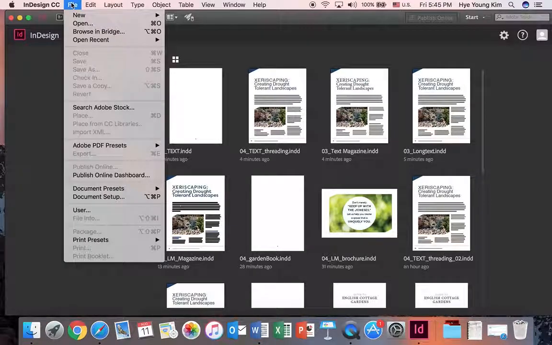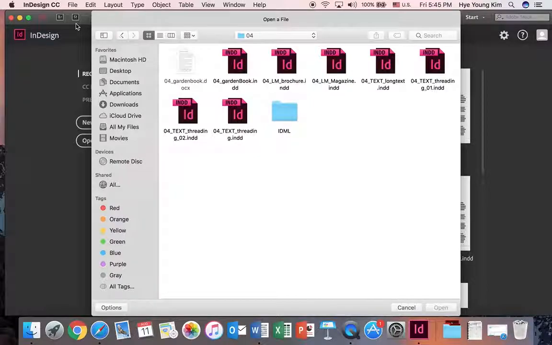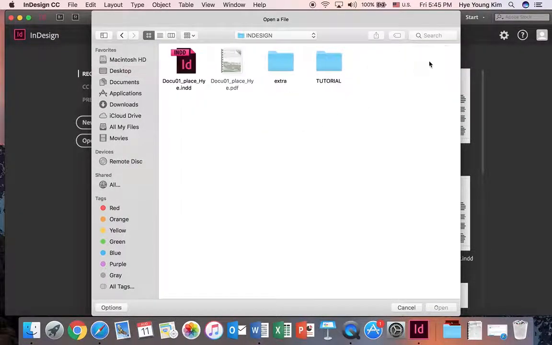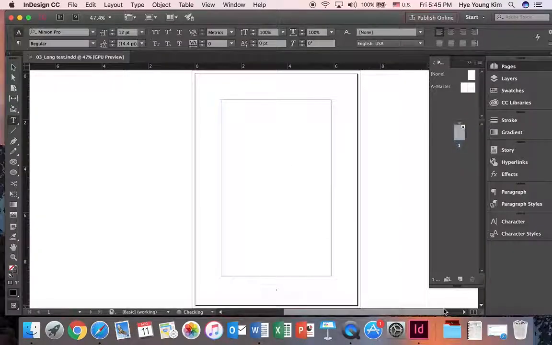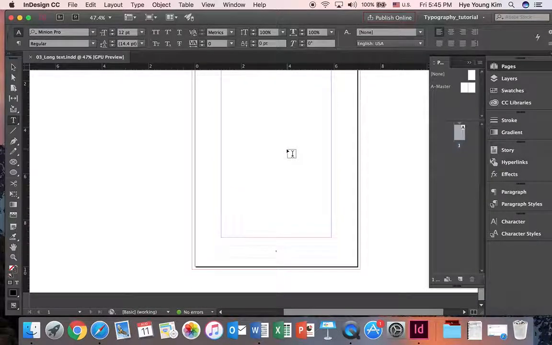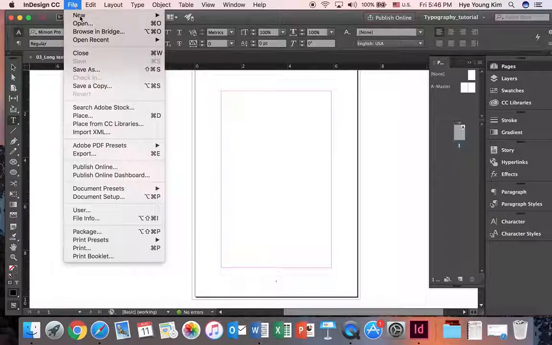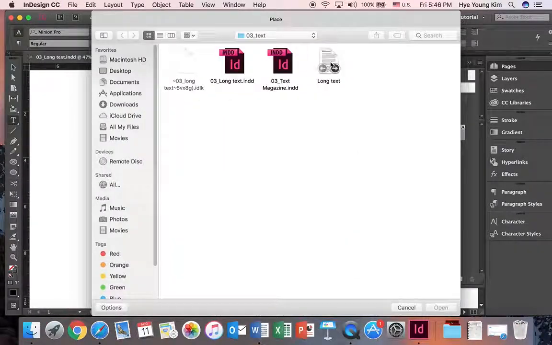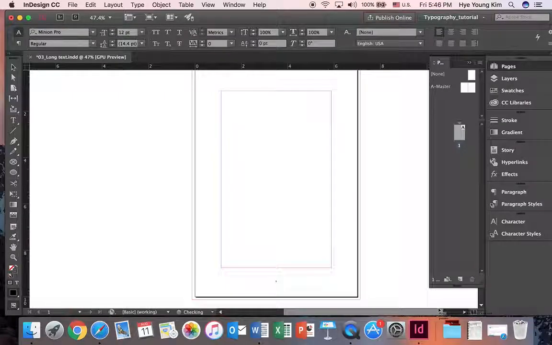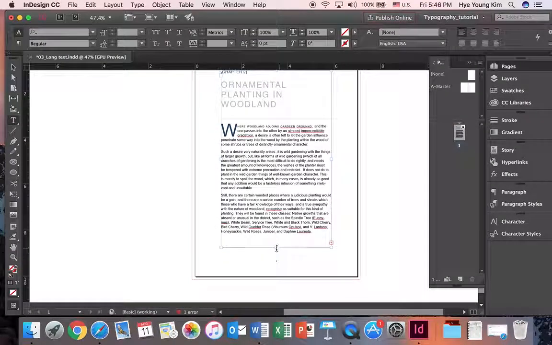Let's start. Go to File, Open, and I want you to find your InDesign folder. There's a tutorial. Let's go to the number 3 text folder, and I want you to open number 3 long text. Click Open. Okay, so this is a kind of long text and we will import it. I'm going to go to File, Place, and there's long text. Click Open, and if I just click here, you will see that